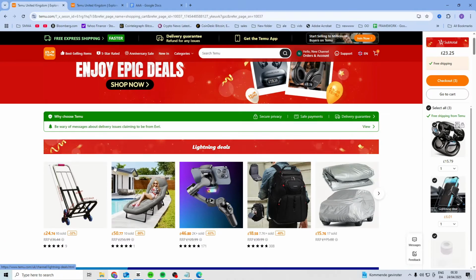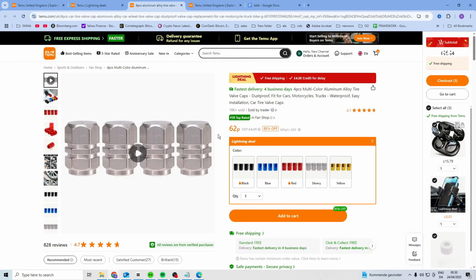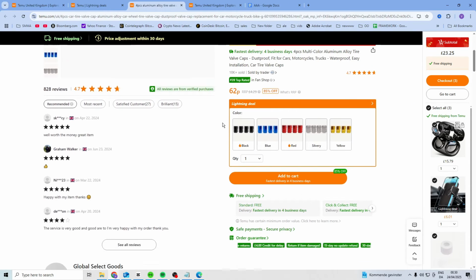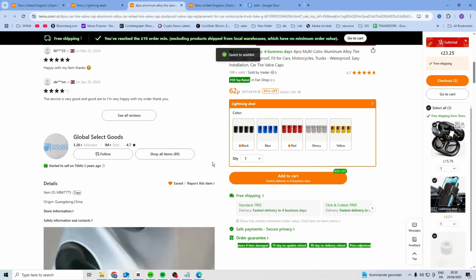So what you want to do is you want to find anything that you want to favorite. So let's say I want to do these. Then what you want to do is you want to scroll down until you find the information. So come here and you should see the details page, and you will see a little save button. So if I click on save, it will now be added to my wish list, and I can find my